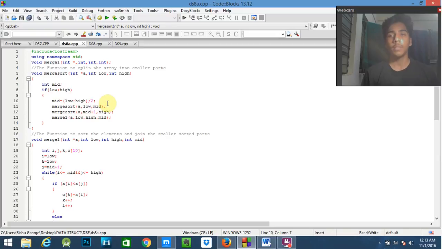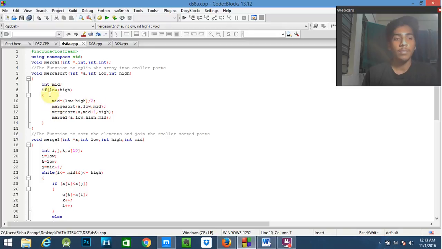We all know that in merge sort, we divide the elements in two parts, that is one is high and low, and we compare every element with each other, and we see that at last we divide every element. In merge sort basically we follow divide and conquer, and we divide every element until it becomes one, and then we merge every element according to its sorted order.